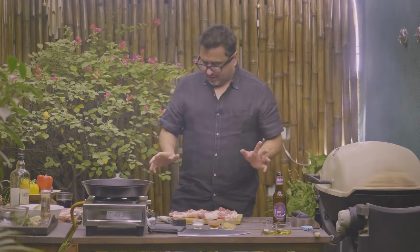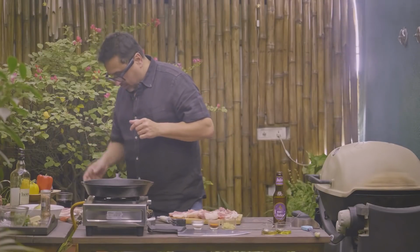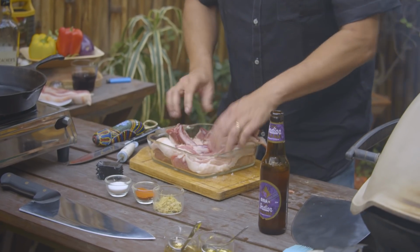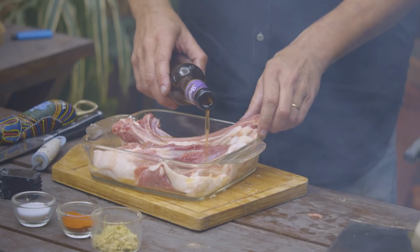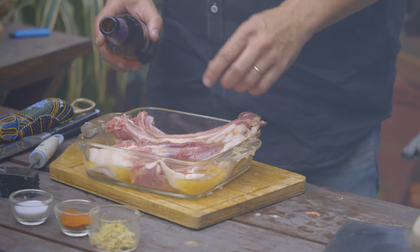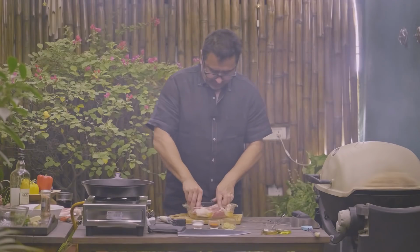Alright, now they're ready. So we just need a bowl for them to marinate them and soak it all in. So we put them right in there, and brother meets piggy. Oh, liberal, don't worry, we have more for me and my whole family, that's what I say. You soak them in,